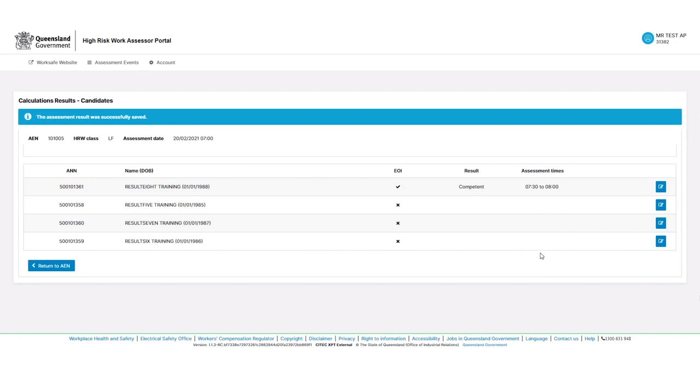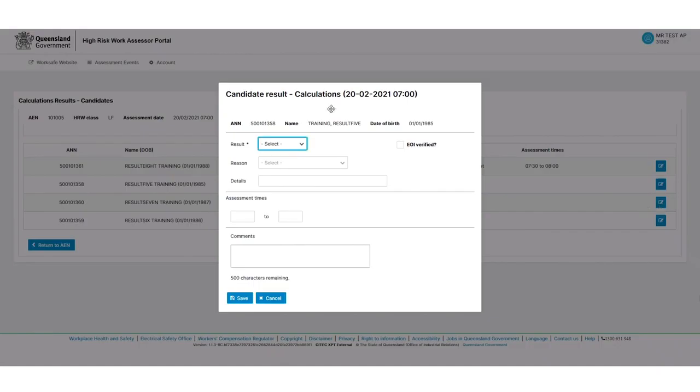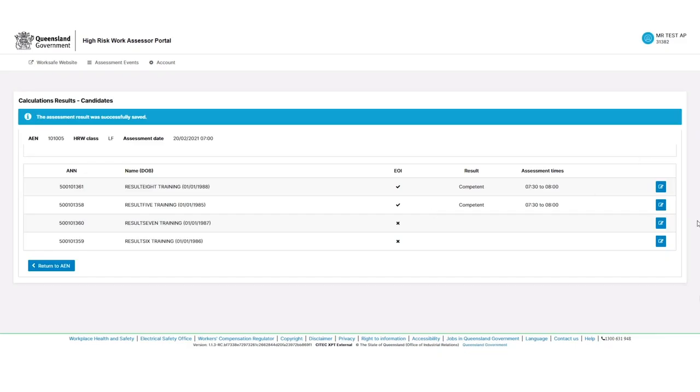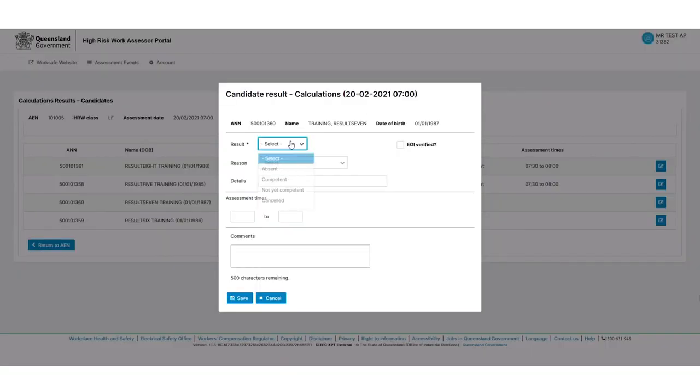And then we'll quickly go through and add results to all the other candidates. So let's do our second one. We'll select another competent. We'll verify the EOI. We'll select the same time and we'll save that. Now, if you bear with me for a moment, I'll fill out the other two and then we'll move on